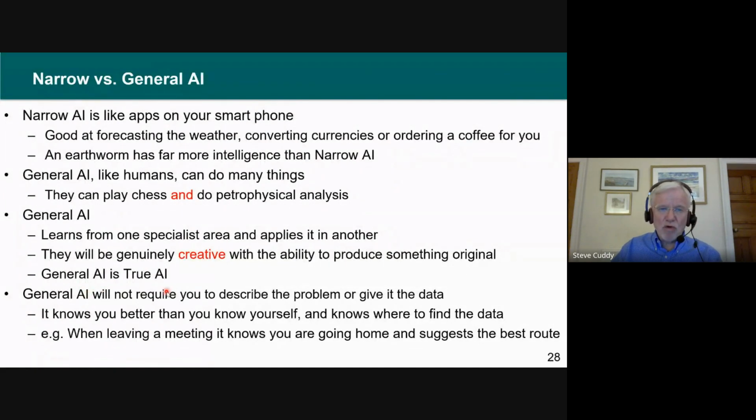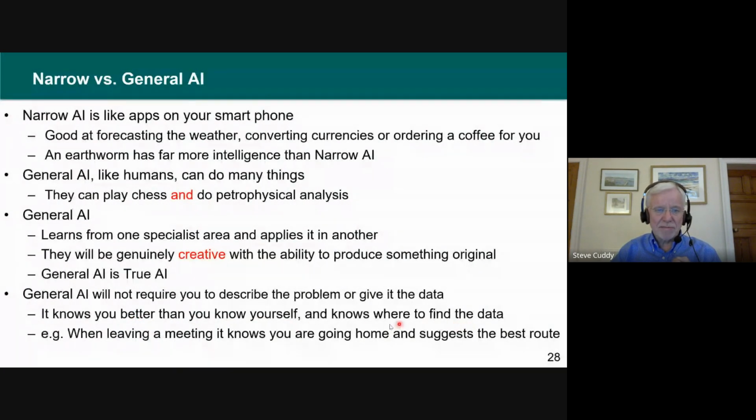General AI will not require you to describe the problem, the fitness function, or give the data. It knows where the data is. Like ChatGPT-4, you don't have to give the data. It knows the data is on the internet. If you've ever used that current narrow AI called ChatGPT, I'll tell you more about that later. It actually knows more about you than you know about yourself,